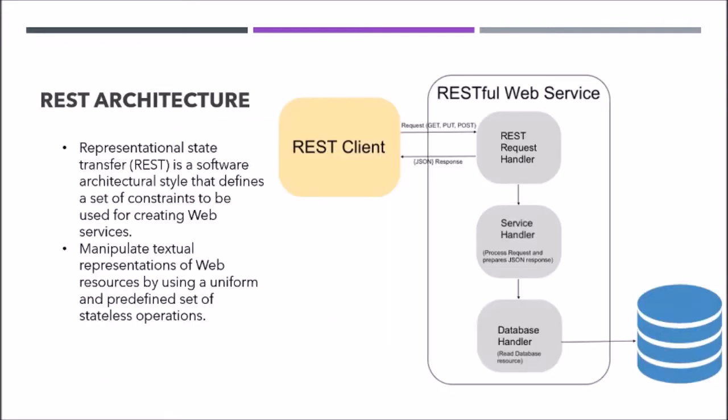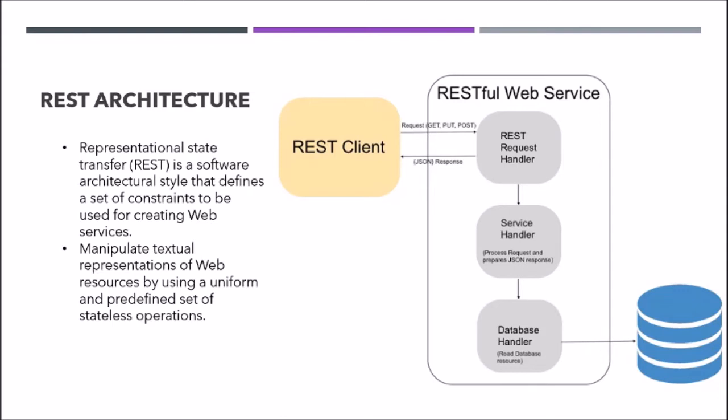Let's move on to REST. REST, on the other hand, is stateless. It's Representational State Transfer. It's another different way of doing web service. REST uses HTTP request types like get, put, post, update or patch to send the request to the server and get the response appropriately, a synchronous response.